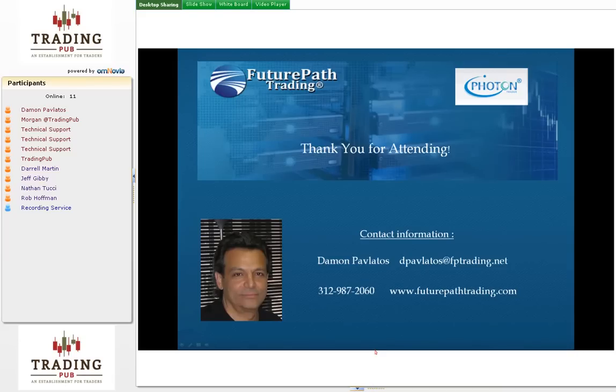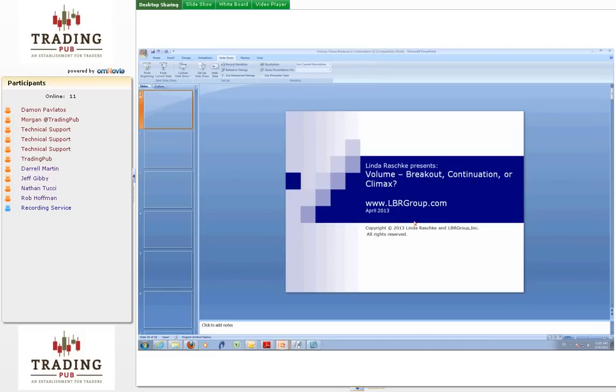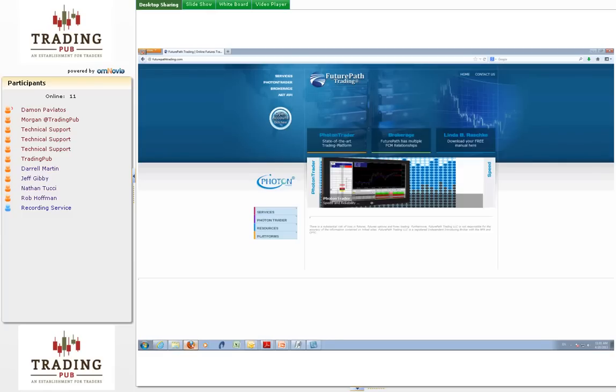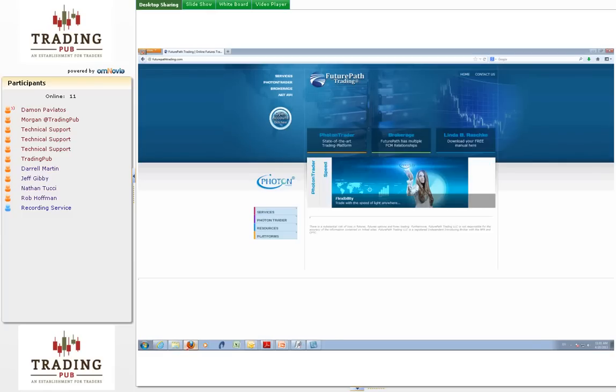QG chart, on TradeStation chart, as well as the candle volume charts on the Photon platform. So you can see there's many ways to skin a cat. Yes, I've known Damon since 1991. He used to do execution in the S&P pits, so he did a lot of my fund execution. I've used the Photon platform since 2000 for my hedge fund, but you'll see all kinds of tools can provide